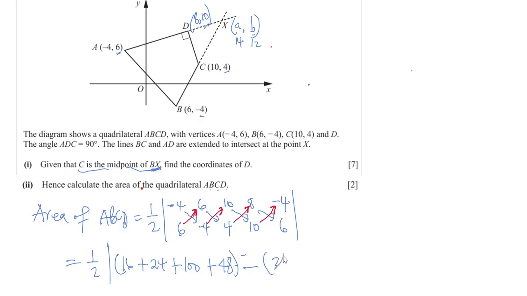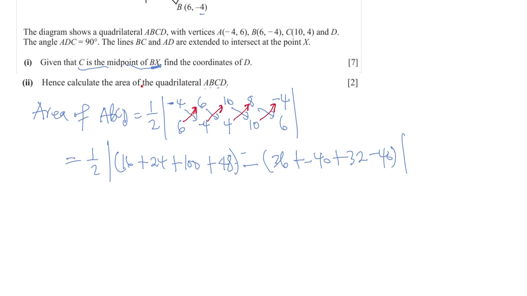So 6 by 6, 36, plus minus 4 by 10, that's minus 40, plus 4 by 8, that's 32, 10 by minus 4, minus 40. So this gives